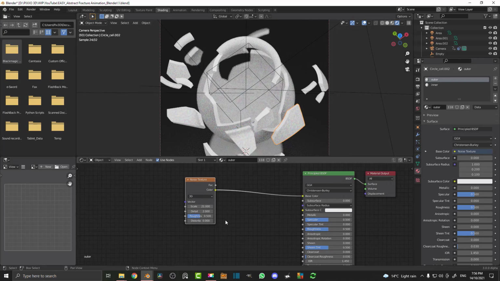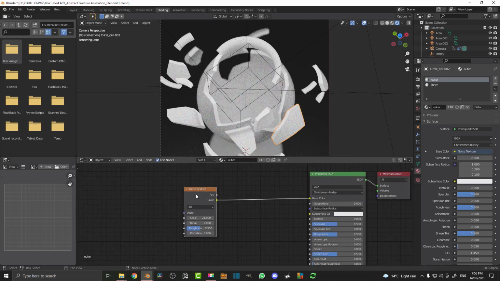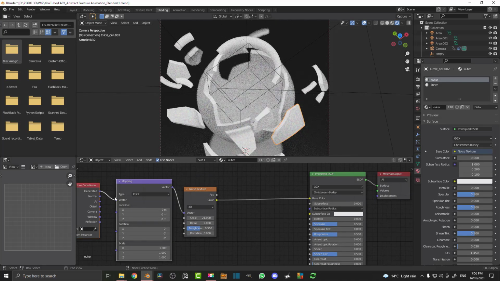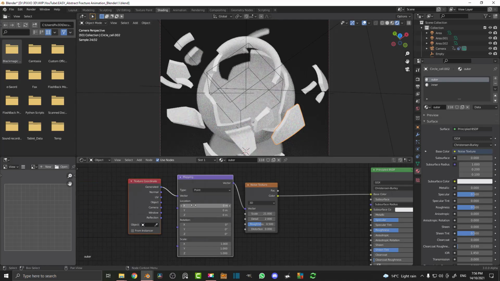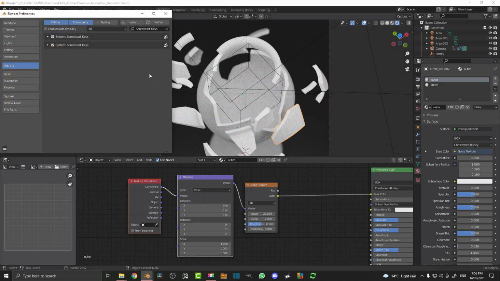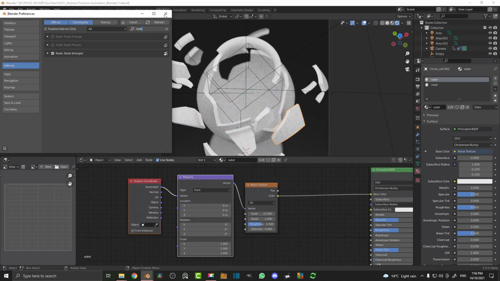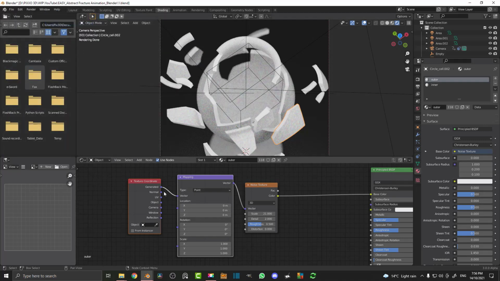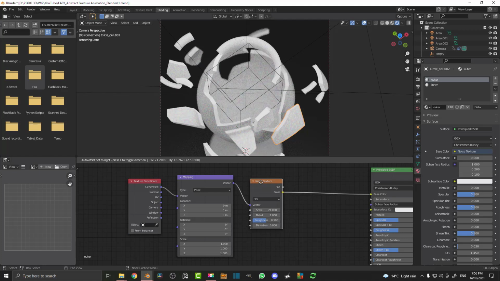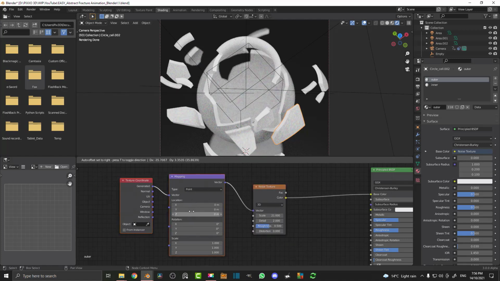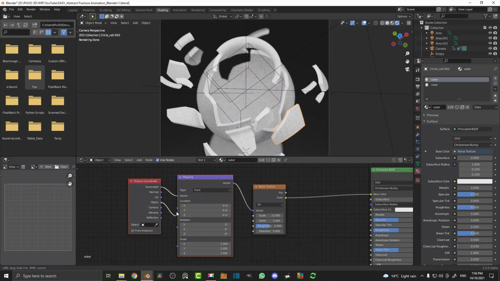And what we're going to do is select the noise texture and go Control T or Command T. And it's going to add in these two extra nodes for us. If you don't have that feature, you have to enable Node Wrangler. So go to Preferences, and type in node and make sure to enable your Node Wrangler add-on, and then hitting Control T or Command T with the noise texture selected will give you automatically these two extra nodes. We're going to take the object and plug it into the vector,